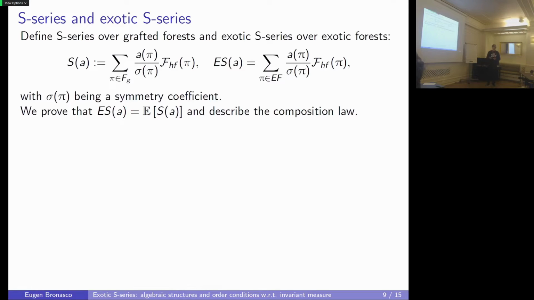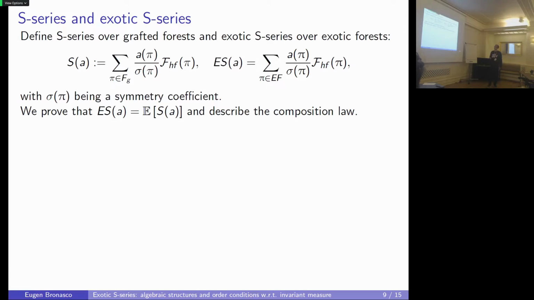So let us define S-series of a grafted forest and exotic S-series. Here we see the two definitions. On the left we have an S-series defined over grafted forest, and on the right we have exotic S-series, which are S-series defined over exotic forests. And we can see that the two formulas are very similar, and they're also very similar to the classical